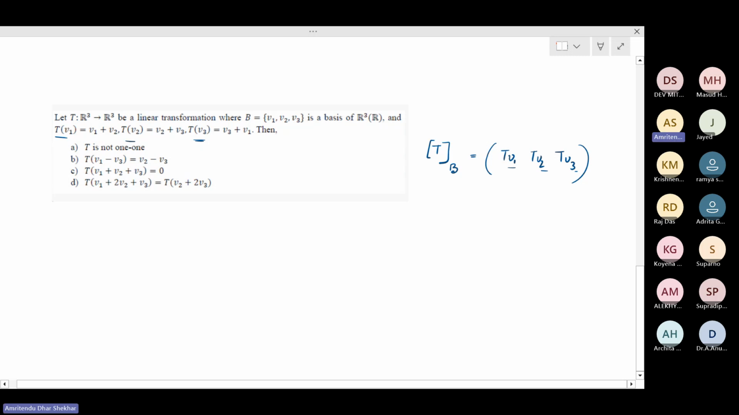But you have to essentially write down the coordinates. So when you fix a basis, let's say V1, V2, V3 is a basis, then every vector now has a coordinate with respect to this basis, right? So that means that when you have this vector V1 plus V2,